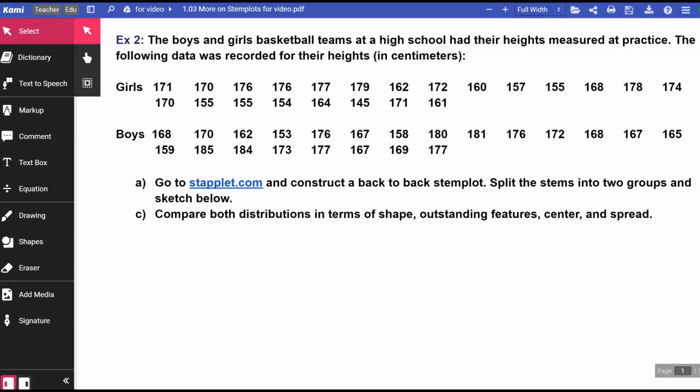So example 2: the boys and girls basketball teams at a high school had their heights measured at practice. The following data was recorded for their heights in centimeters. So we have the data for the girls and the data for the boys. They want you to go to stemplots.com and construct something called a back-to-back stem plot. You're going to split the stems into two groups and sketch the graph below. Okay, so I want you to go to stemplots.com,